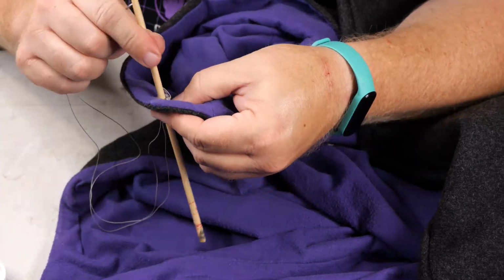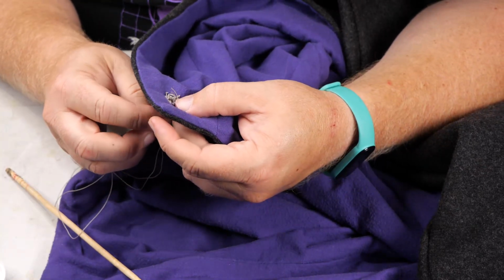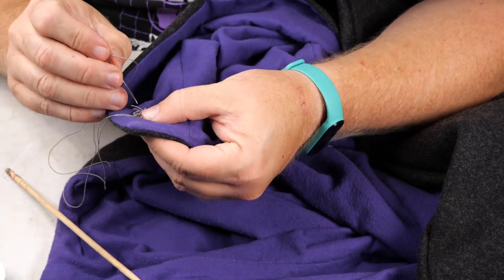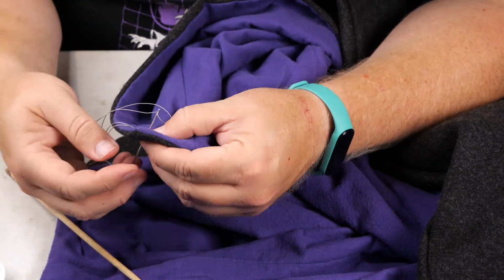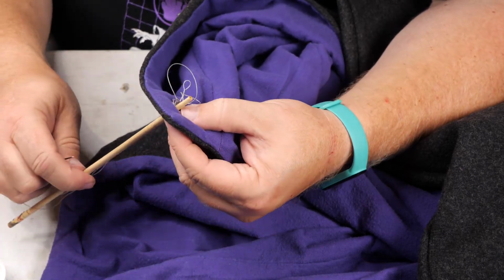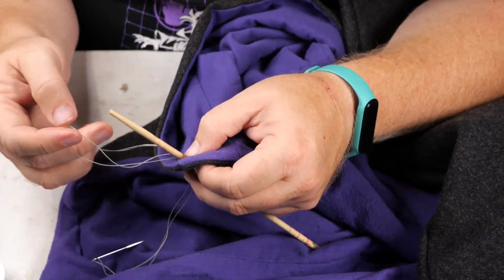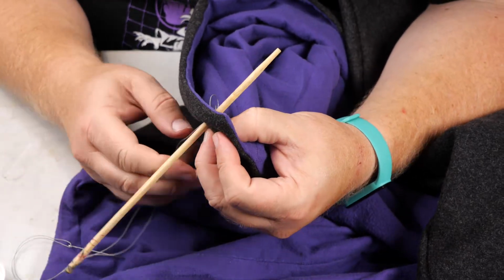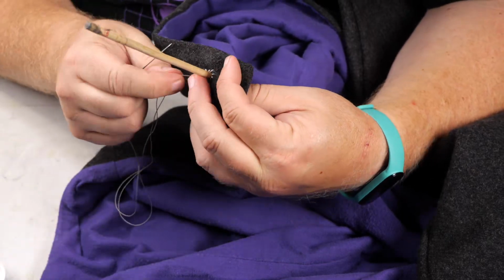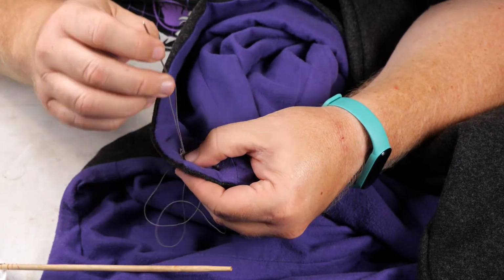The first time I made the loop, I worked going diagonally. It's just whip stitches, but I did my whip stitches clockwise the first time around, and now I'm going to do them going counterclockwise,